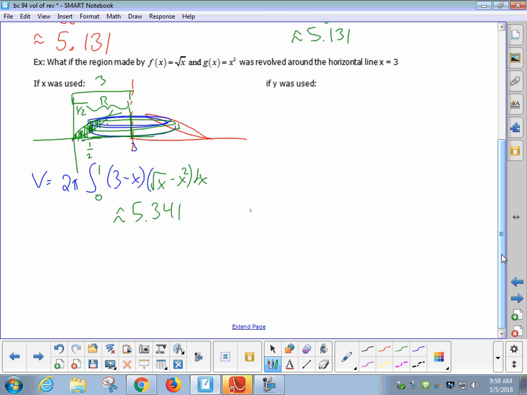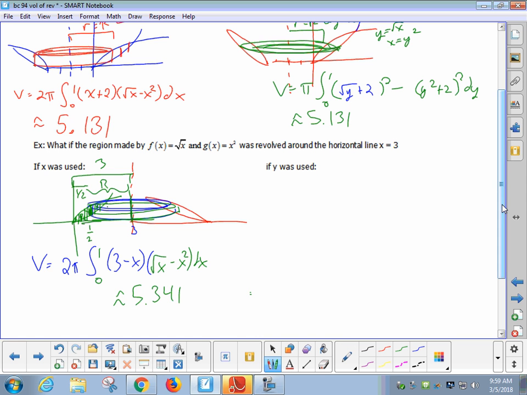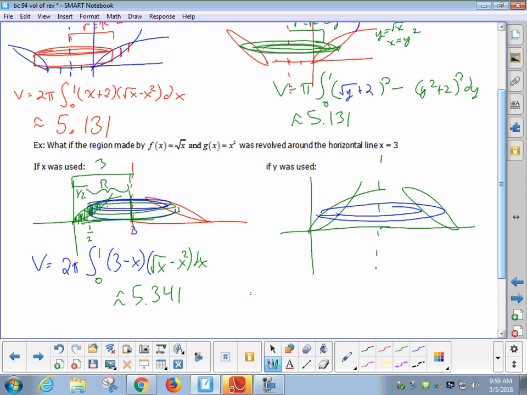Okay. Now let's say we did the same case but with y. Here's the region, here's the axis of revolution, here's the reflection, but using y means we use a washer. Volume is pi, big R squared minus little r squared dy. Big R, here's big R. Okay, it's a horizontal distance, right minus left. The right is 3. The left is,